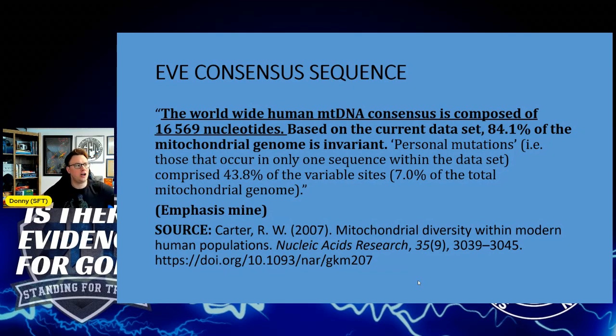Now, the evolutionary community, with no justification, would admit that, yes, this is the woman that we've essentially all originated from. This is the lucky mother somewhere in Africa 100 to 2,000 years ago that managed to spread her DNA to every single person today. That's why we have that one lineage. And therefore, they would look to this consensus sequence as being a coalesced sequence of the last mitochondrial DNA ancestor. But again, they didn't predict this.